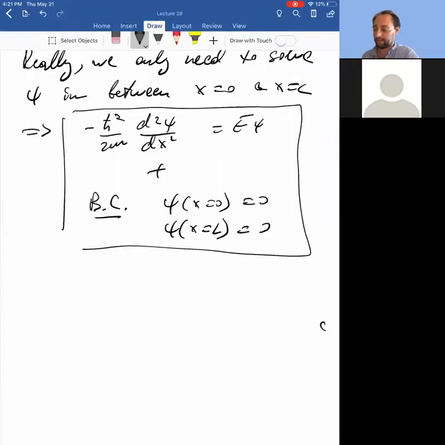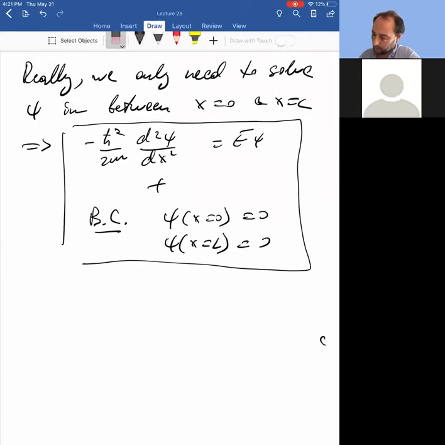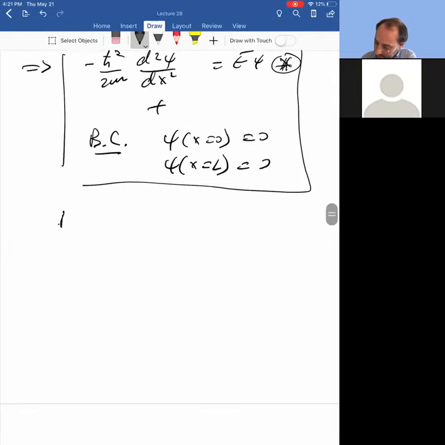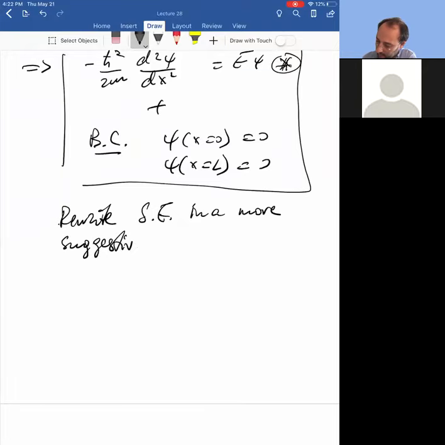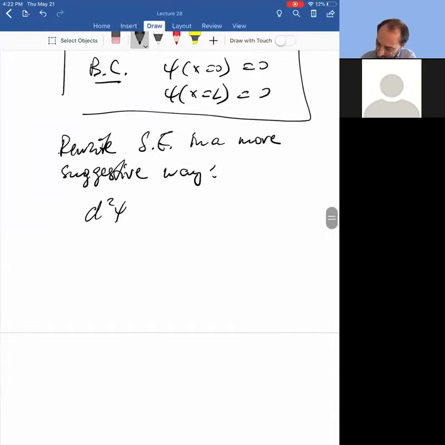Okay, so this is where we left off. So now we have to basically solve this. I will rewrite the equation in a more suggestive way, right? I can write it like this,